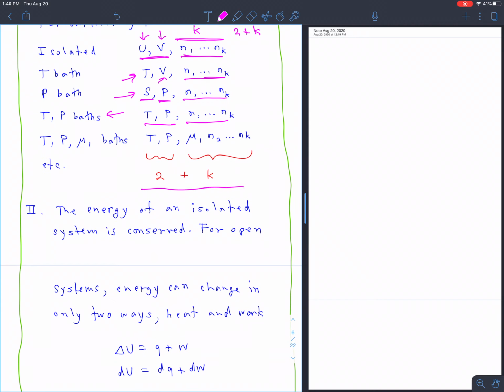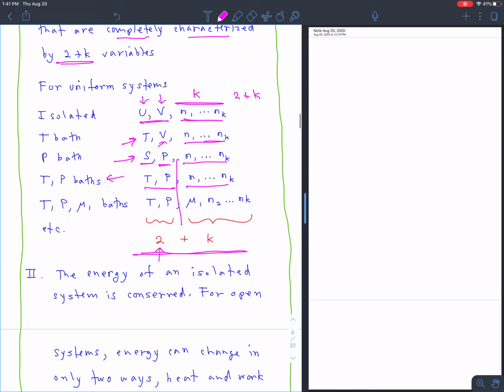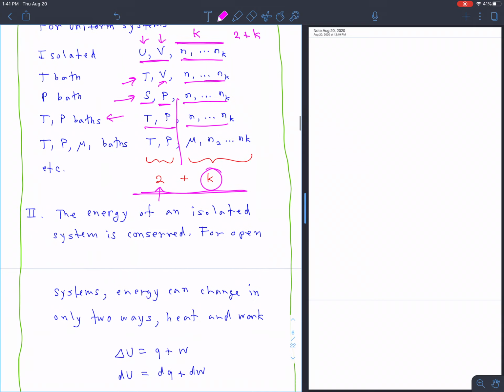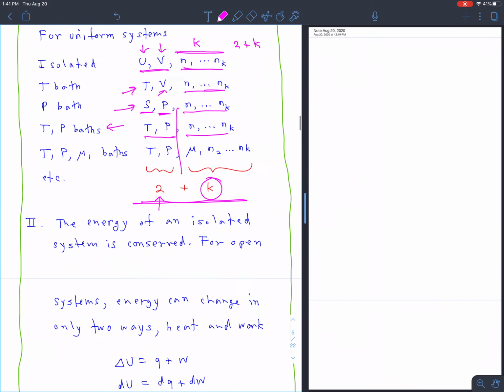And so you can see in every case there's the 2 variables in the first 2 slots, and then there's however many chemical components you have, and that's the k. In the simplest cases, k is 1, right? You've got to have at least 1 chemical component, even if it's just a box full of water, then there's still 1 chemical component. So it's always 3 or more. And how many more depends on how chemically complicated your system is. All right, so that's the first part of the extended